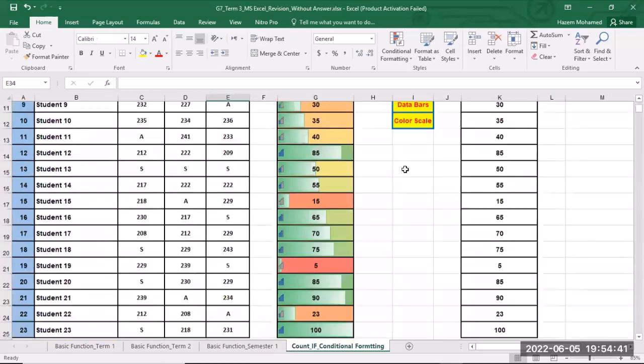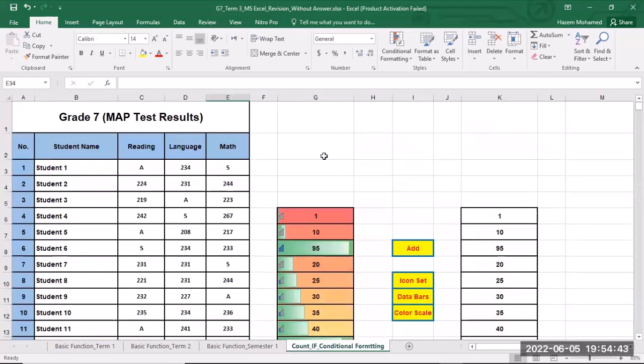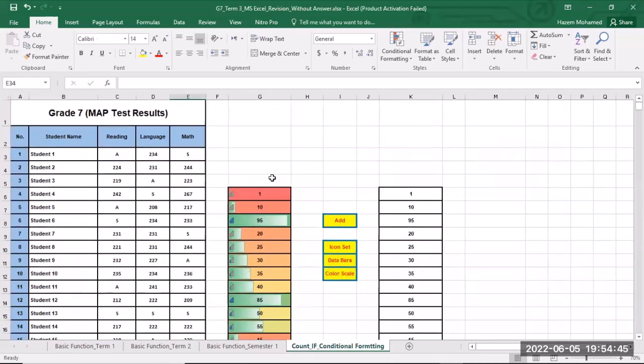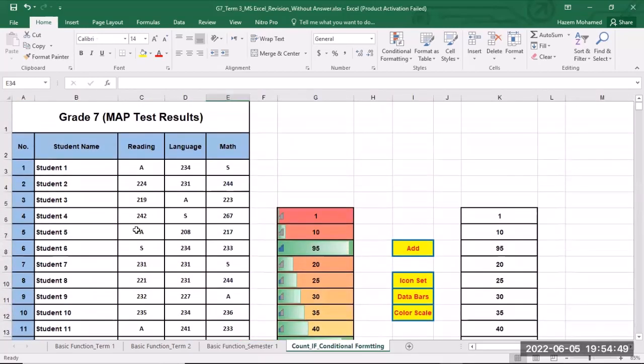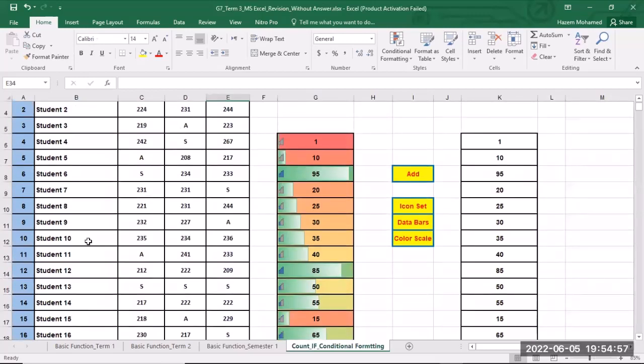Type. This we will use. This is some grades for MAP test results for the grade 7 students. And as you see, some of them have the letter A next to the student name, and we didn't mention names